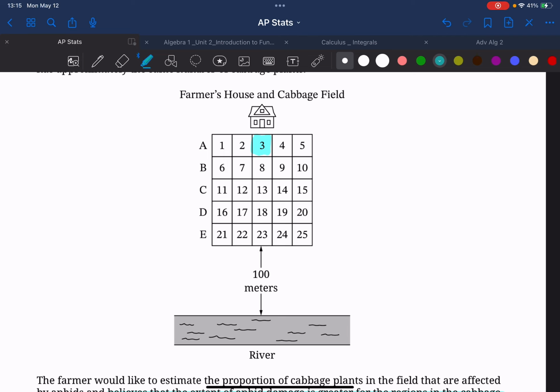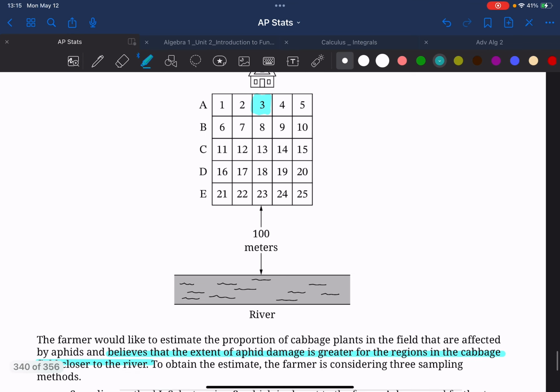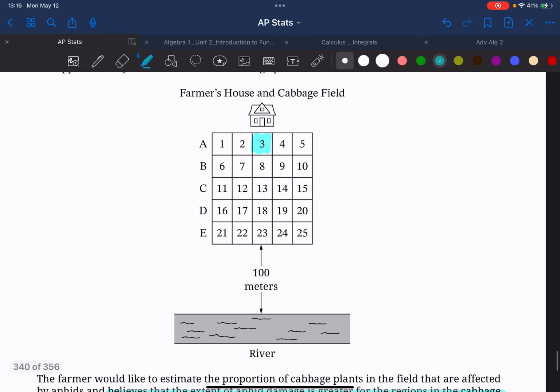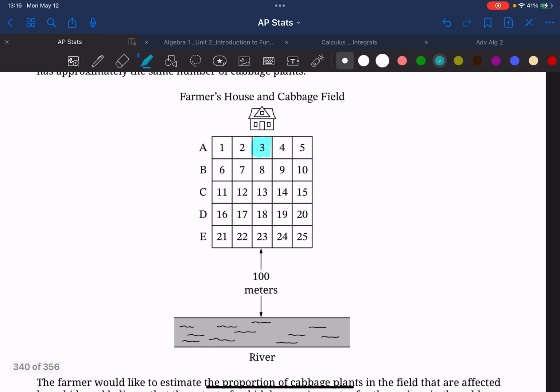And it wants us to only take a sample of those cabbages and no other ones in the other 25 plots. Well, remember that the farmer mentions that he believes the damage is greater next to the river. So if we only sample this one portion close to his house, then we aren't getting an appropriate sampling method. We would only be looking at the ones closer to the farmer, which could form an underrepresentation of the entire cabbage field. So how I would write part A,